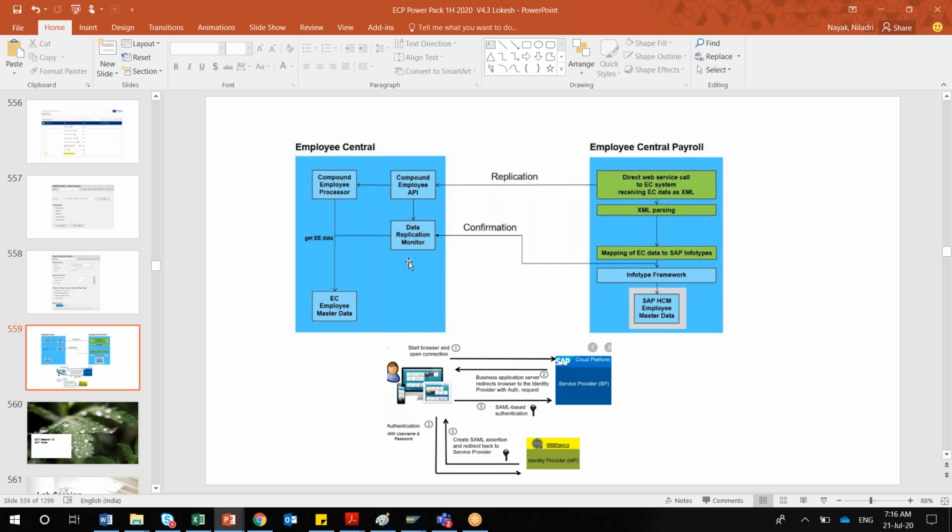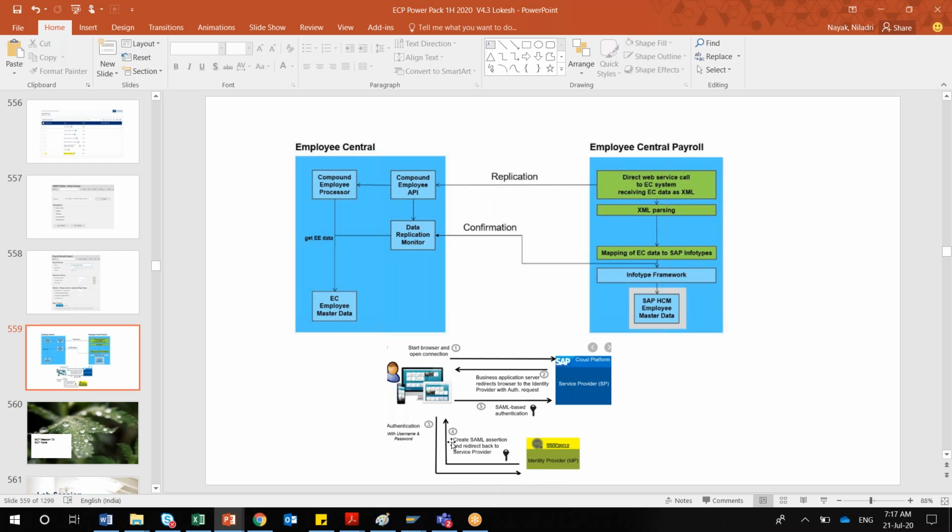And you were also asking about SAML, how this works. It is actually a different track. On top of this, whether you're accessing Employee Central or Employee Central payroll, here you can see the user. The user will start the browser and log into the Employee Central module or Employee Central payroll module. On top of this, imagine a layer, and in that you will have access to your IDP and your SP. Here we are not using a separate service provider. For us, SuccessFactors is the only thing.